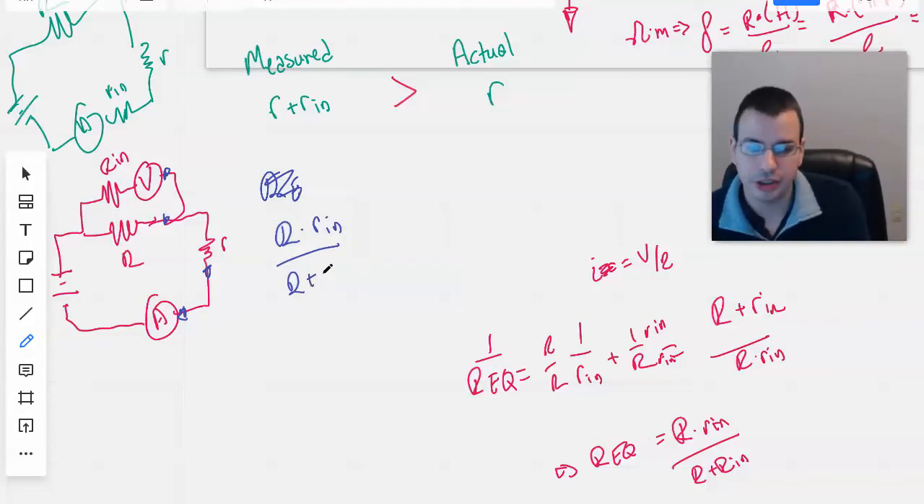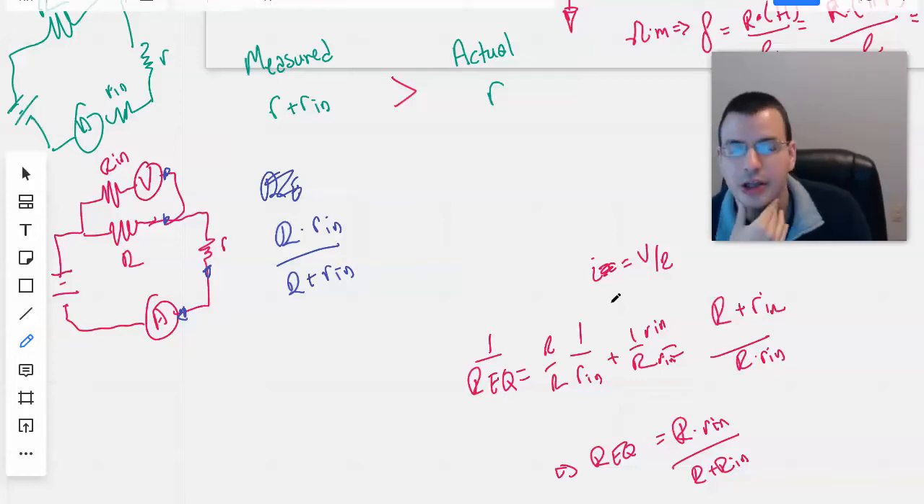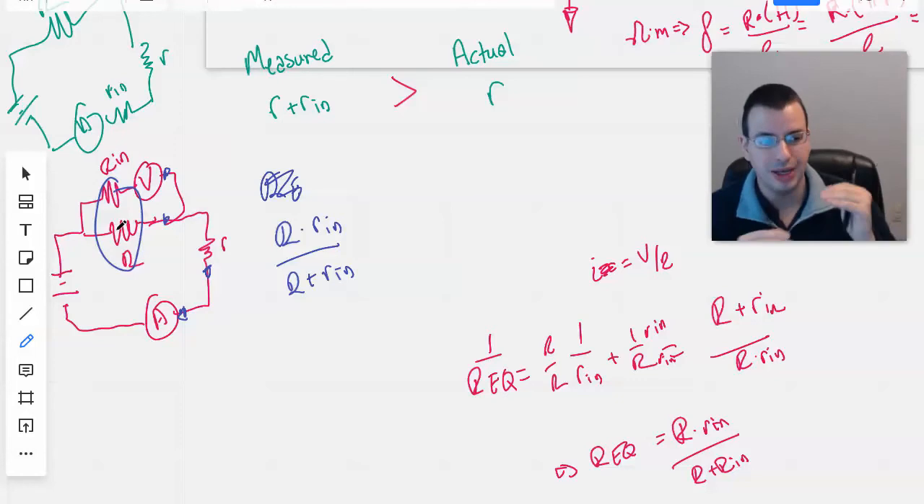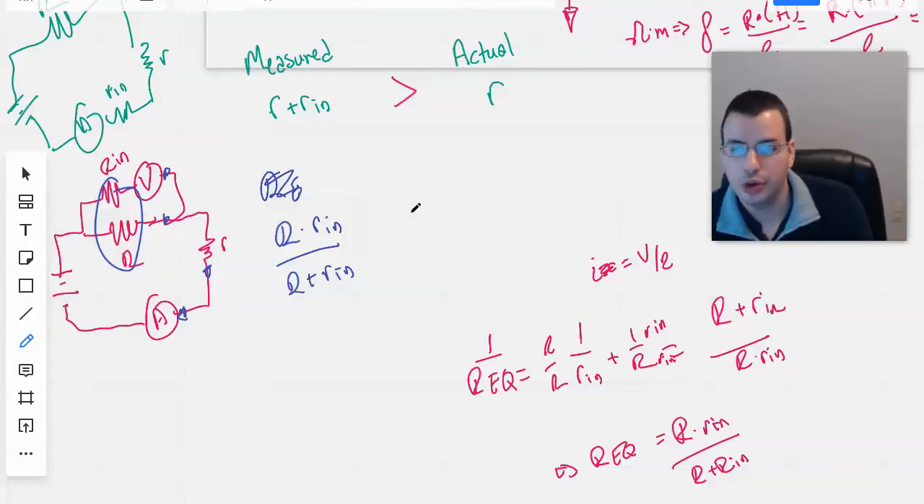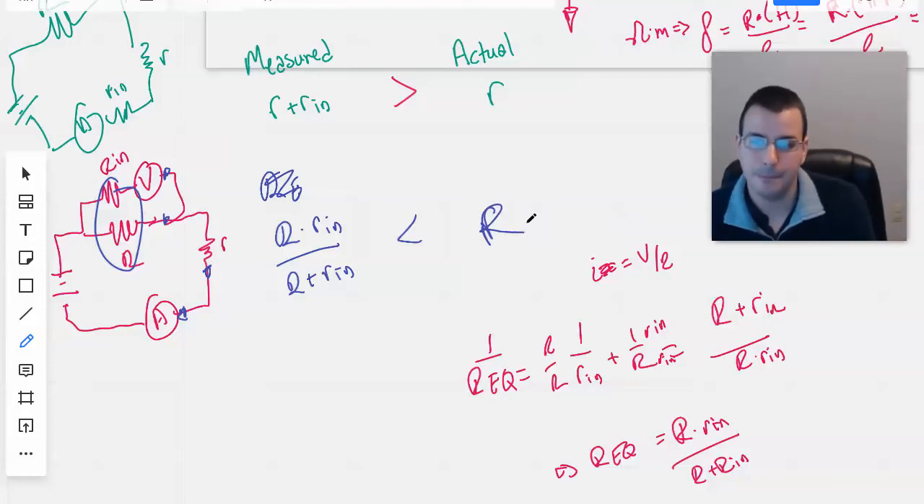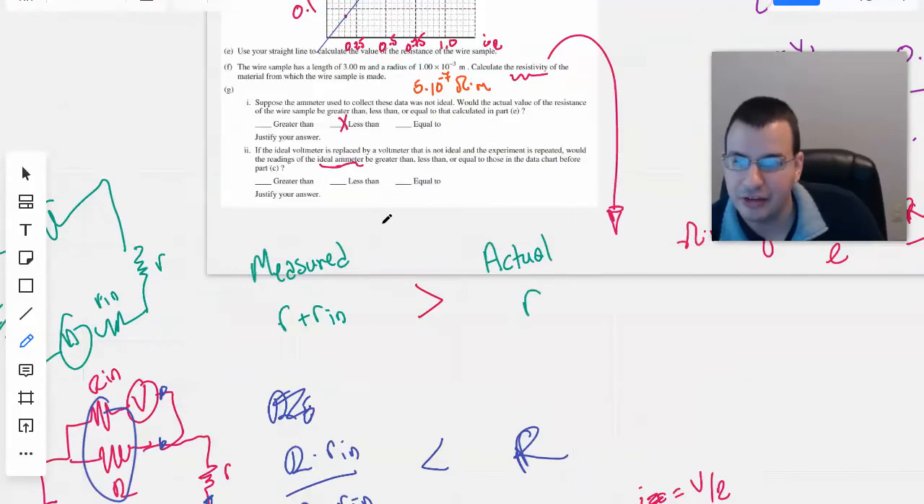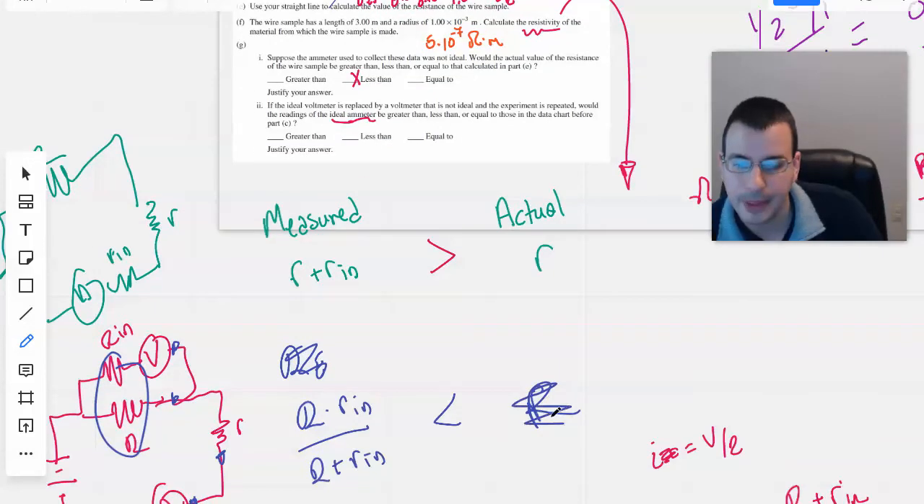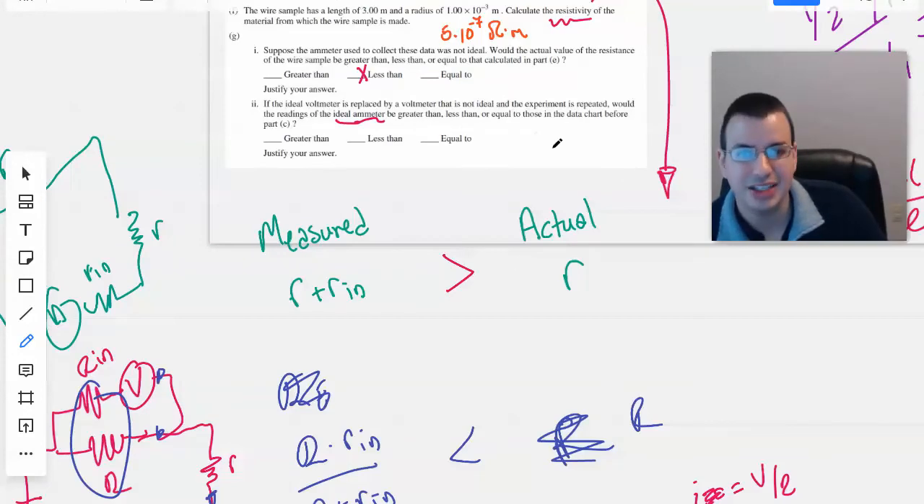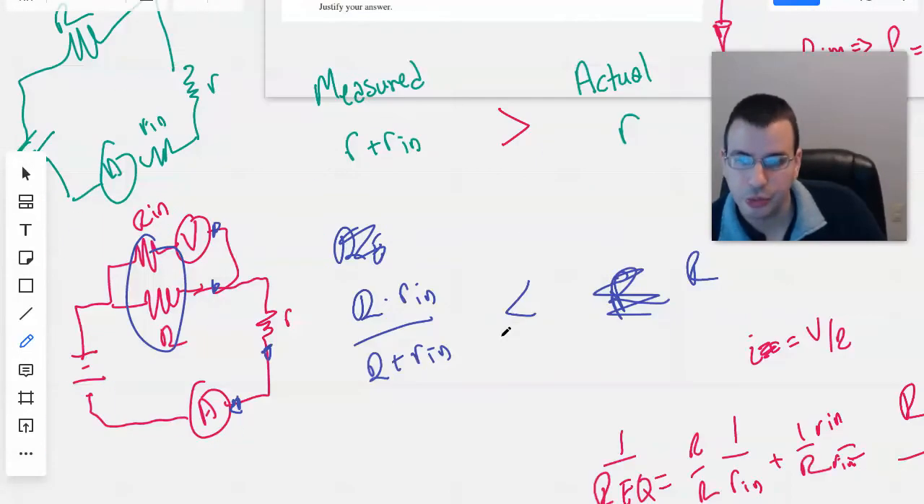over R plus R internal. And it's hard to see by this, but logically it's probably easier to think through it, that the combined resistance of two resistors in parallel will be less than either one of them alone. So the resistance would actually be less than the actual resistance. And I'll just say resistance here. So if the ideal voltmeter is replaced by a voltmeter that is not ideal, our measured resistance would be